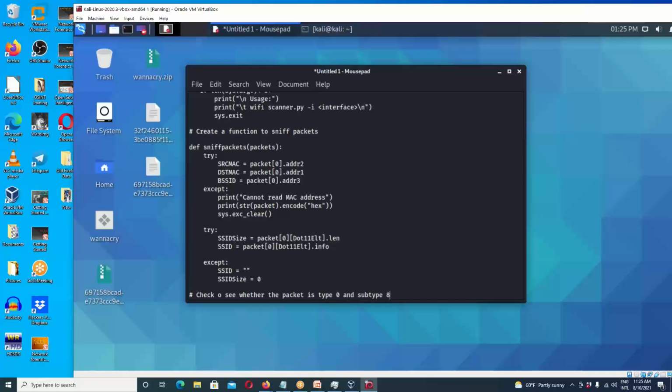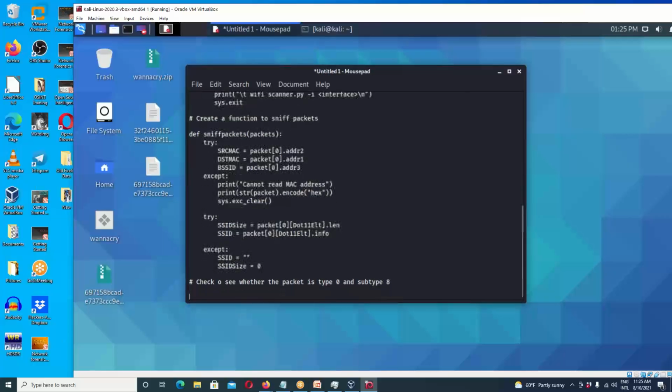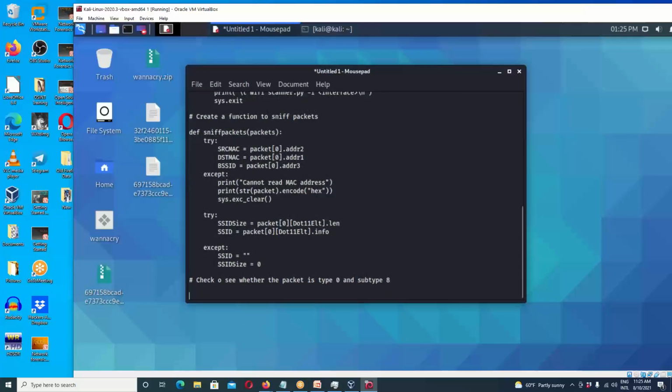All right, that's what we're looking for. That's the beacon frame. So to do that, we're going to go: if packet is type 0, okay,